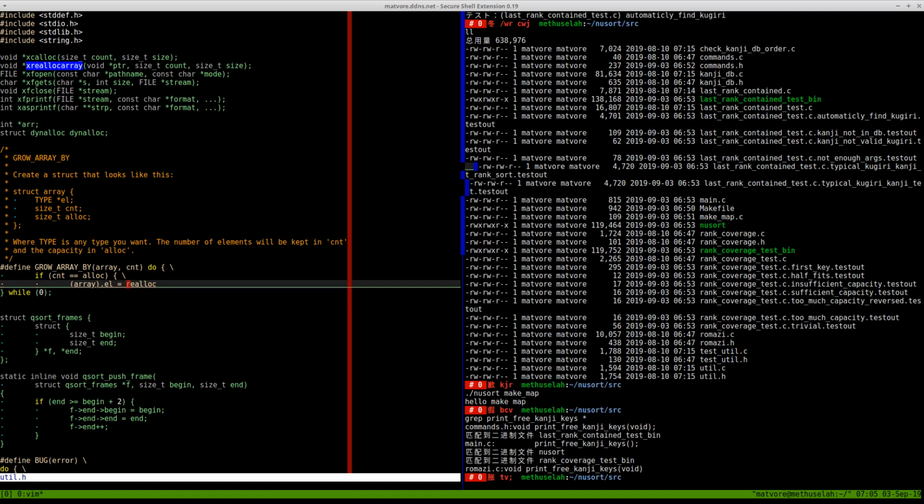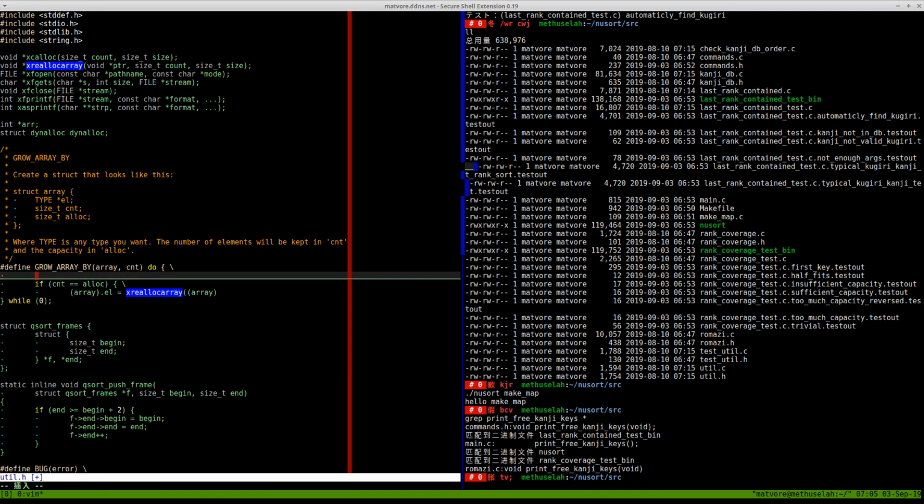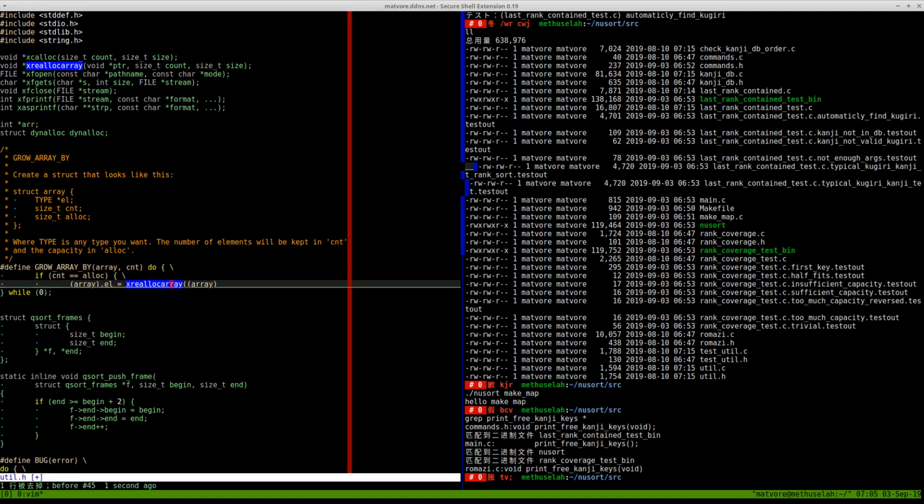So we'll call it xrealloc array, and the pointer is array dot element, and then the new count will be array dot count times 2. By the way, we actually need array here and array here,